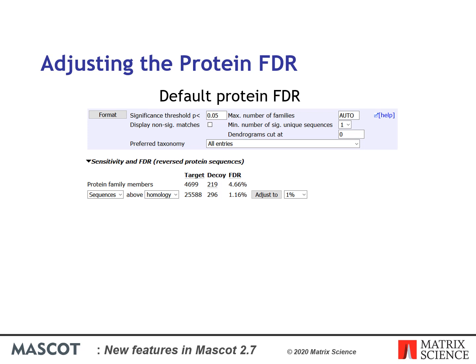The default significance threshold for a Mascot search is usually 0.05, and this will often give a peptide false discovery rate in the region of 5%. In this dataset, the protein FDR is approximately 4.5%. If we want to lower the protein FDR, we can try adjusting the peptide FDR to 1%. In this case, the default peptide FDR is already close to 1%, so we can try adjusting the report in other